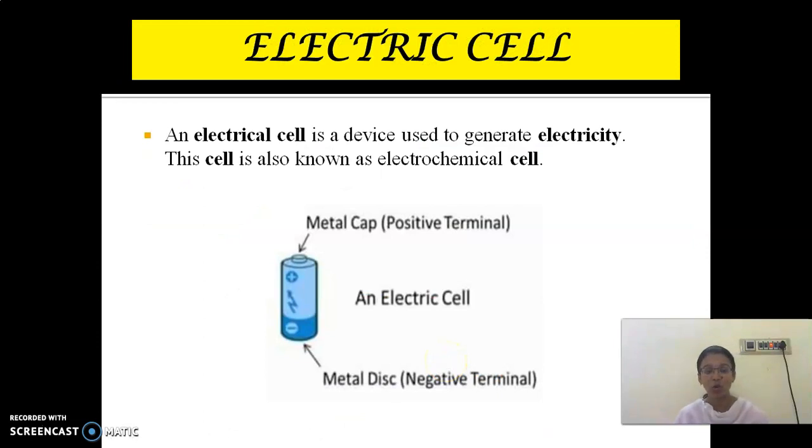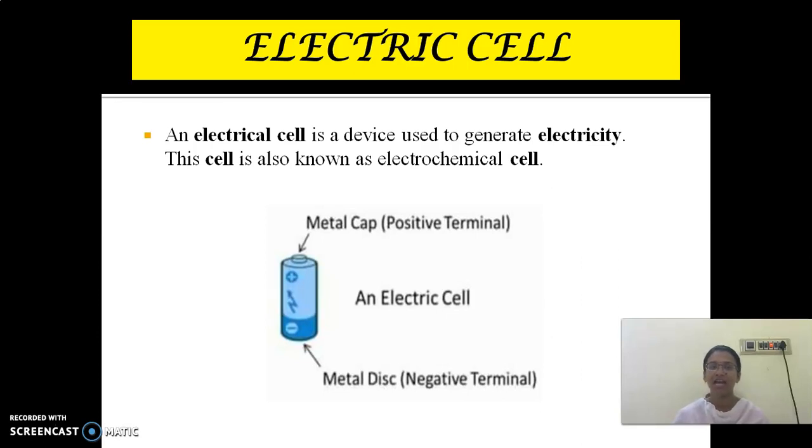Now we are entering into a topic, that is the electric cell. I am going somewhat fast, children, because we have already completed this lesson. I am giving it to you one more time just as a recap, in case you have forgotten what happened in the previous classes. For our term 2 we have completed 2 lessons: one is physical and chemical changes, and the next is electricity and circuits. It is compulsory for everyone to do the electric circuit. Again and again I am repeating this.